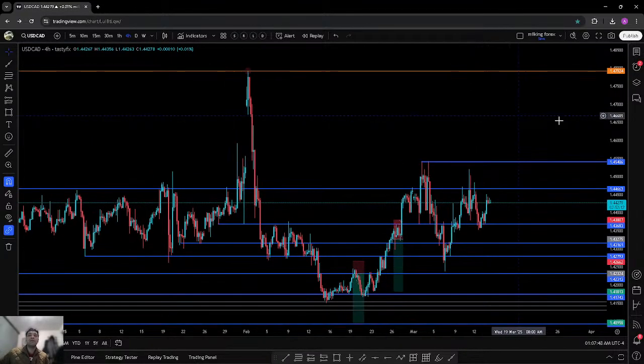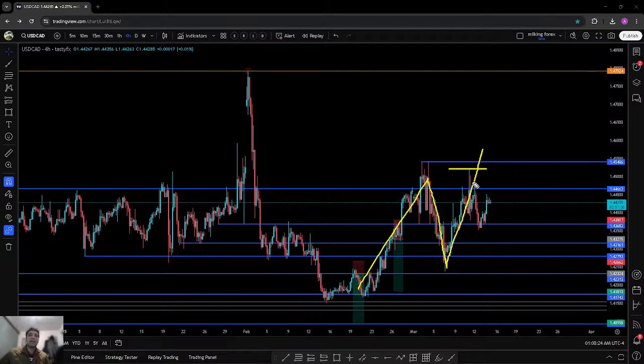Now we have USD CAD right here in front of us, and what we are looking at in the Canadian dollar is that USD got stronger around here, pushing on the upper side. But the most important thing is that USD failed to break this high around here. If you consider this as a wave, this is the high, this is the lower high, and this should have been a higher high in order to continue the phase. That is a 1 2 3 pattern, or ABC pattern right here.